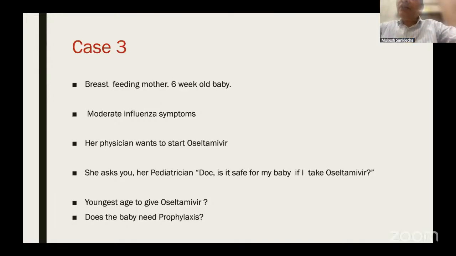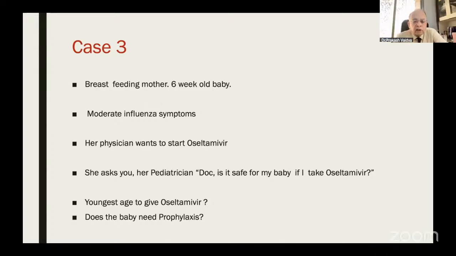Absolutely. So, Dr. Anil, what is the youngest age for which oseltamivir is permitted? Considering the excellent safety profile and our growing confidence as we keep on using this drug, we know that it's quite a safe drug. The literature tells us that it is quite safe to be used in babies as young as 14 days old, 2 weeks old. But when it comes to prophylaxis,